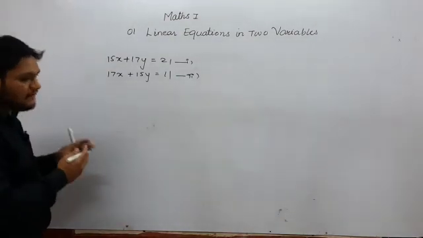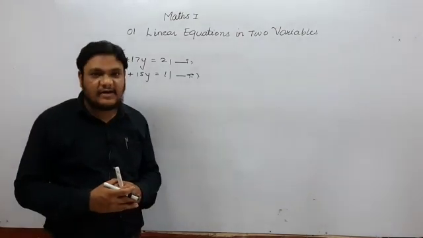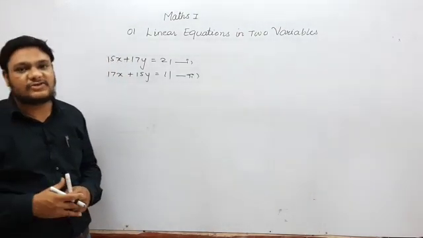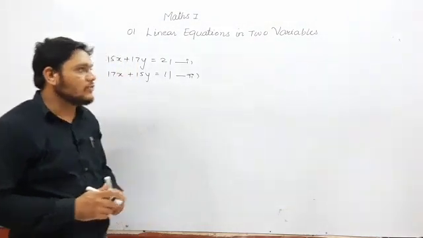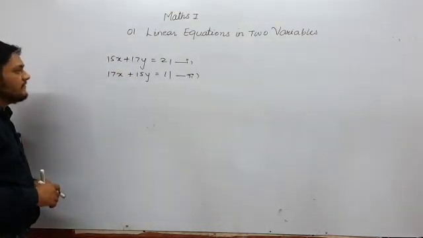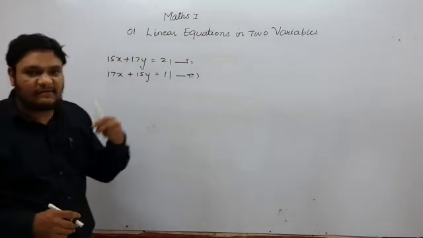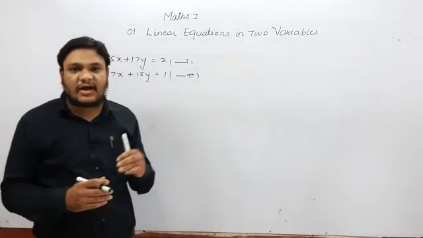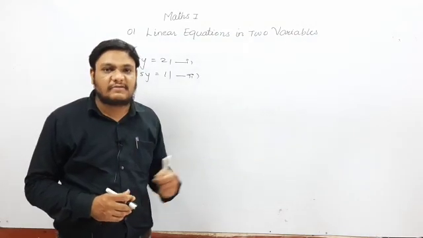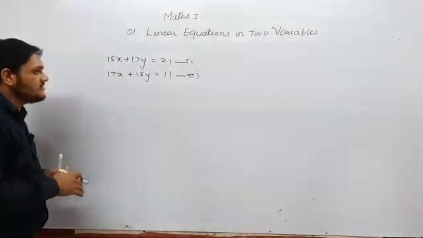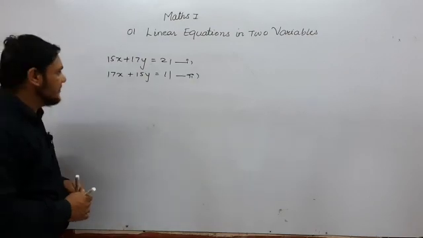So if this type of condition occurs in simultaneous equations, then we have to make two simpler equations. For making the two simple equations, we have to do two operations on these equations. First we will add these two equations and then we will subtract them. After addition we will get one simple equation, and after subtraction we will get one simple equation, and from those two equations we will find the values of x and y easily.